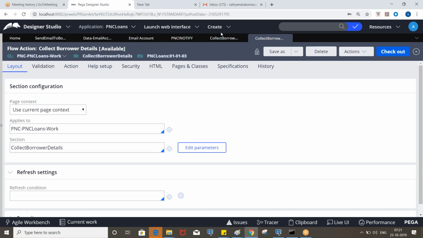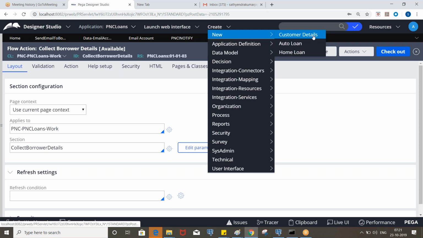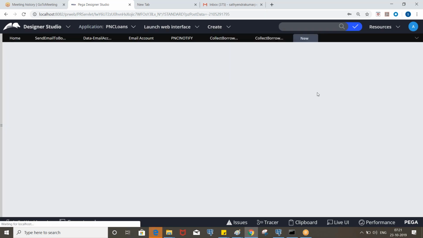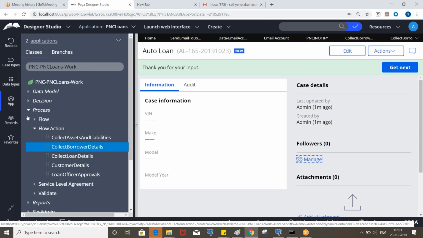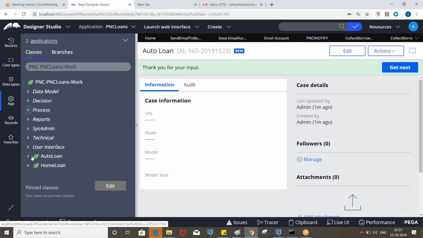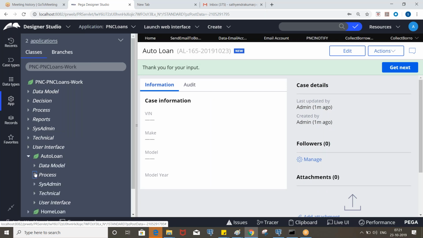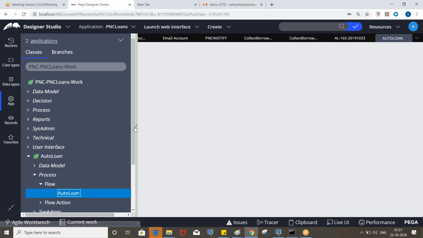Okay, so let's execute. Okay, we are routing it, right? So go to the auto loan process and remove it.